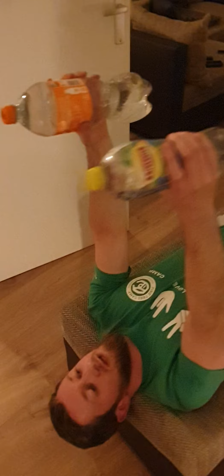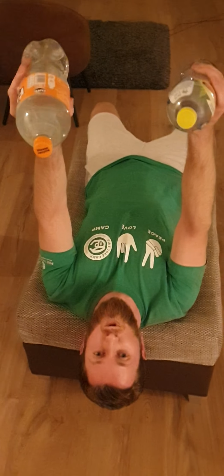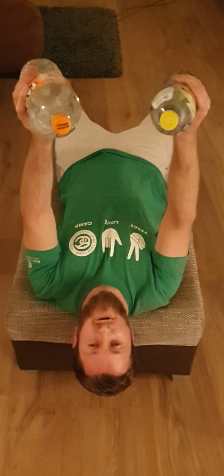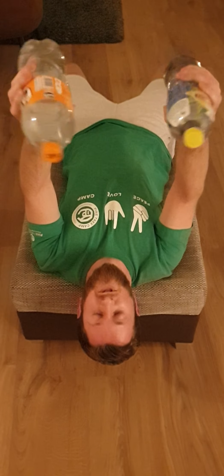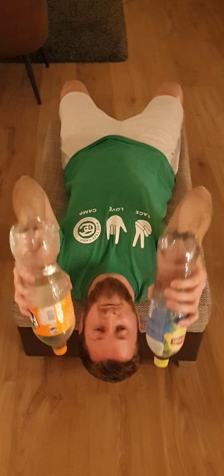What I want to do, when I have my arms pointing out, this is called a skull crusher. Which is kind of ironic considering depending on how you're doing it, you could hurt your skull. But I don't want you to do that. So we're just going to start off easy. So from here, we're going to keep our elbows in the same spot, extending our arms like this, slowly let